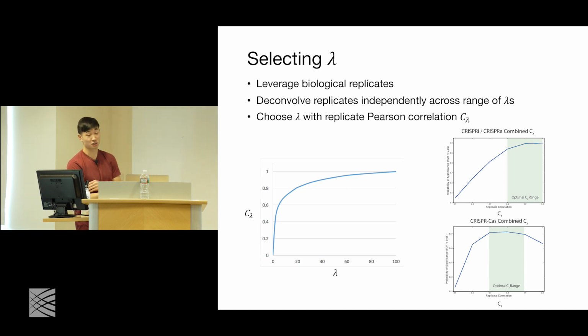Then we perform our deconvolution on the simulated data, and we try to call that element that we have in our true signal as significant. On the x-axis, as correlation increases, our ability to detect this element increases. So we just have a heuristic for determining different correlations that yield